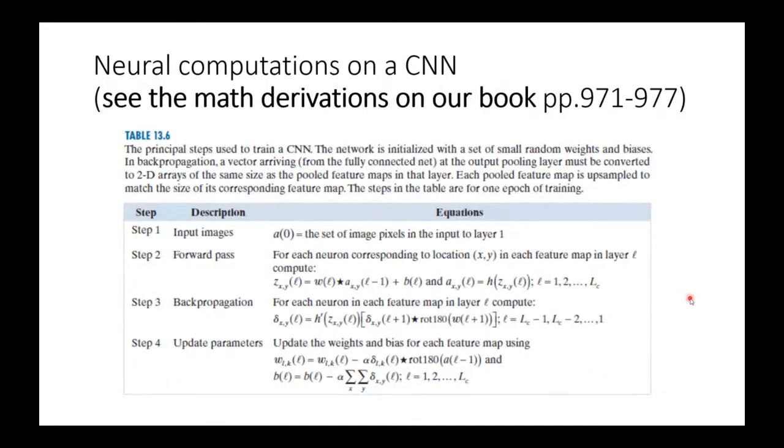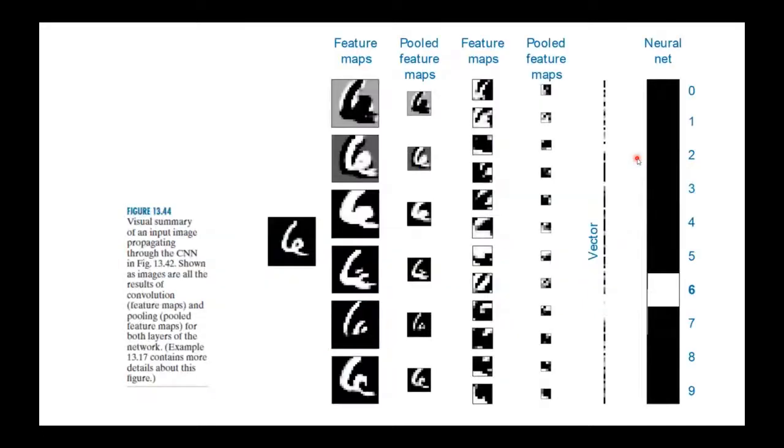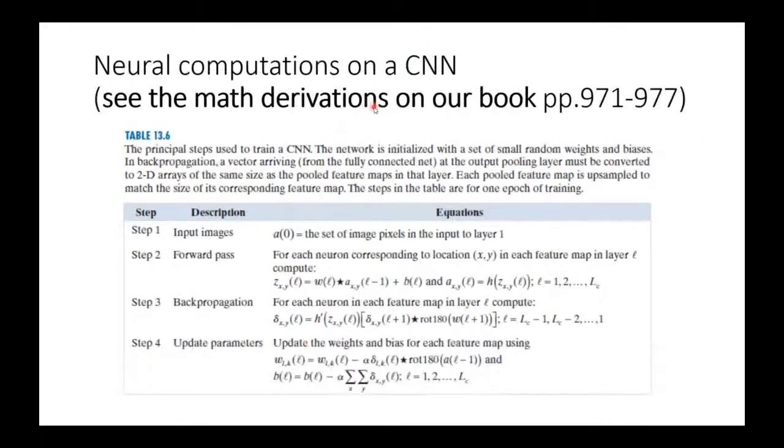The computation, the mathematical derivations for this is in our book. I do recommend you to read it. It's basically very similar to the computations that we've done for the fully connected neural networks, but with an extra complication that I have to take into account the convolutions, and the convolution is again a sum of products. So the derivations basically take into account all of this sum of products, and in the end, the steps of the algorithms are pretty much analogous to these algorithms used in a fully connected network,